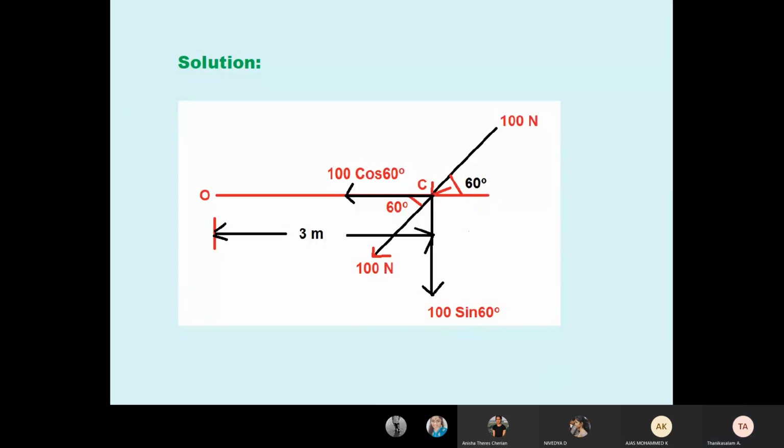What is the moment value, Kavi? Moment value, sir. 100 Newton, sir. Yeah, what is moment? Tell me. What is moment? Sir, perpendicular. Force into perpendicular distance, sir. Then tell me, which one is giving moment with respect to? Tell me, what is the force? Where is the distance? Tell me. Sir, 100 Newton, sir.